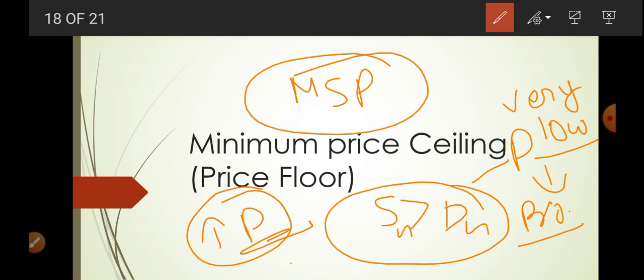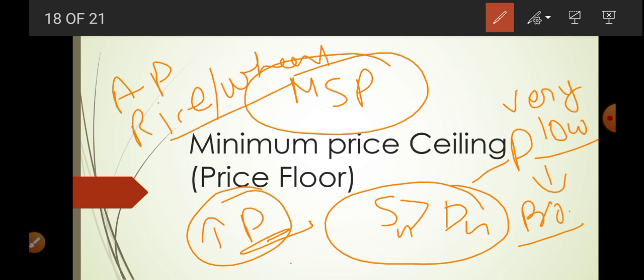It is done basically for agricultural products like rice, wheat. Okay, so its price is decided very low, and that is not sufficient for the farmer to do the production. So that is why the government comes and decides the minimum support price या फिर price floor, so that the farmer is able to do the production, and they get something from their activity. Okay,